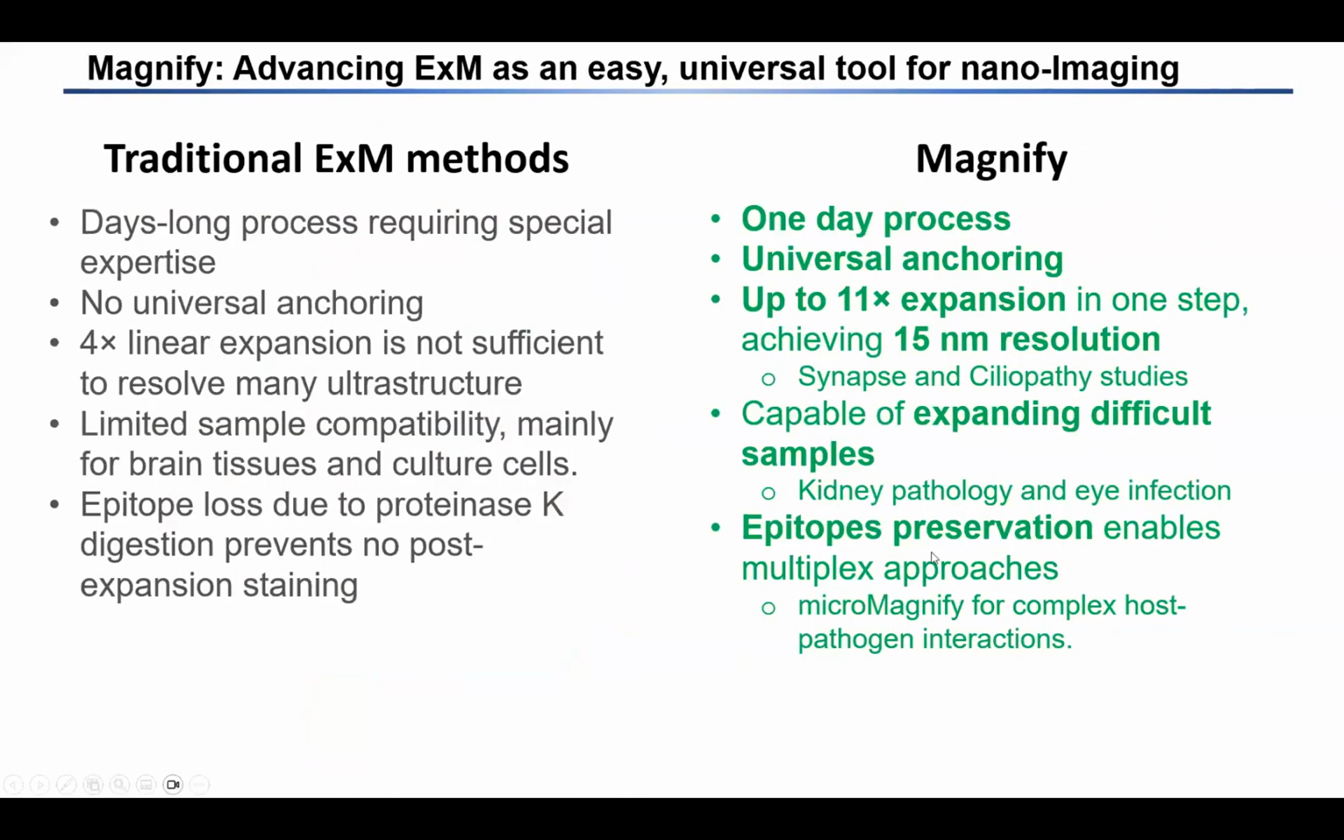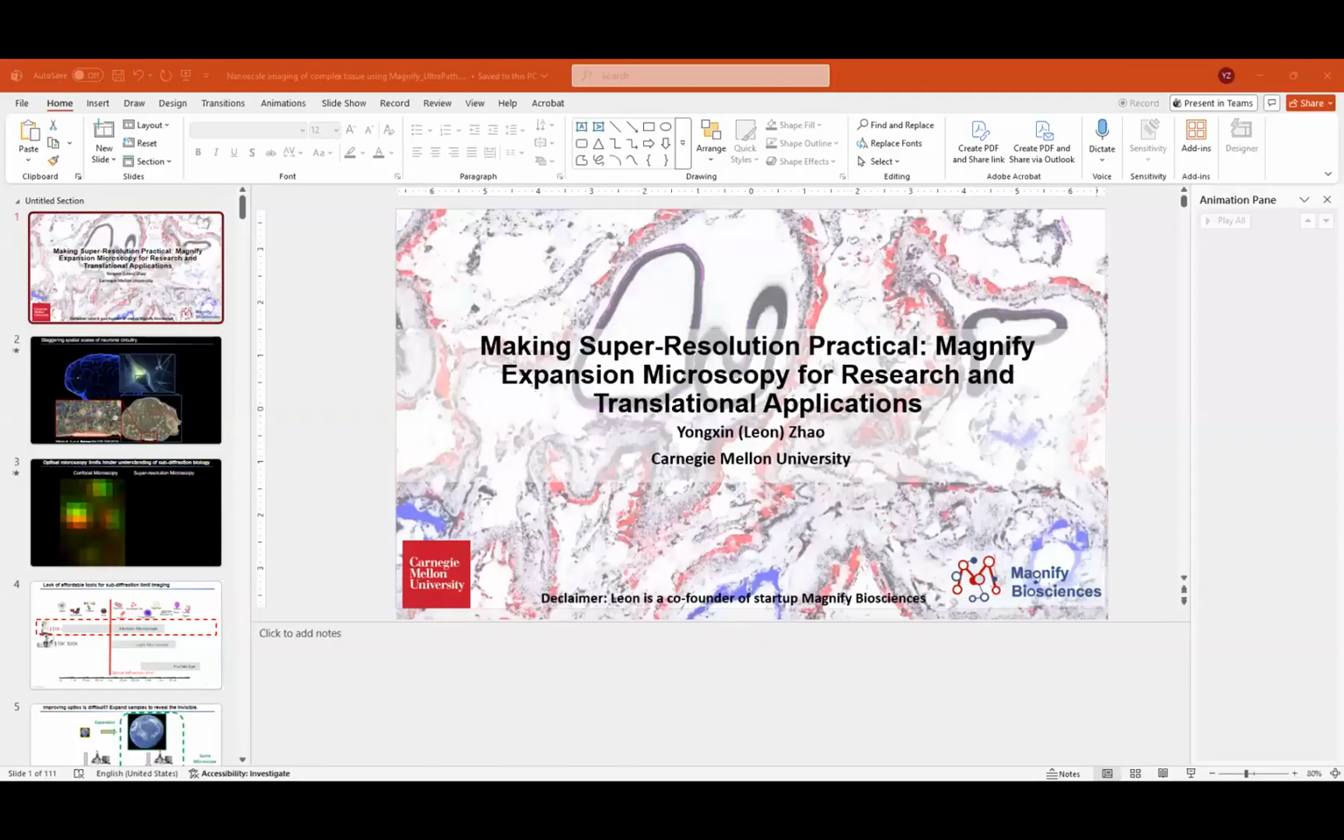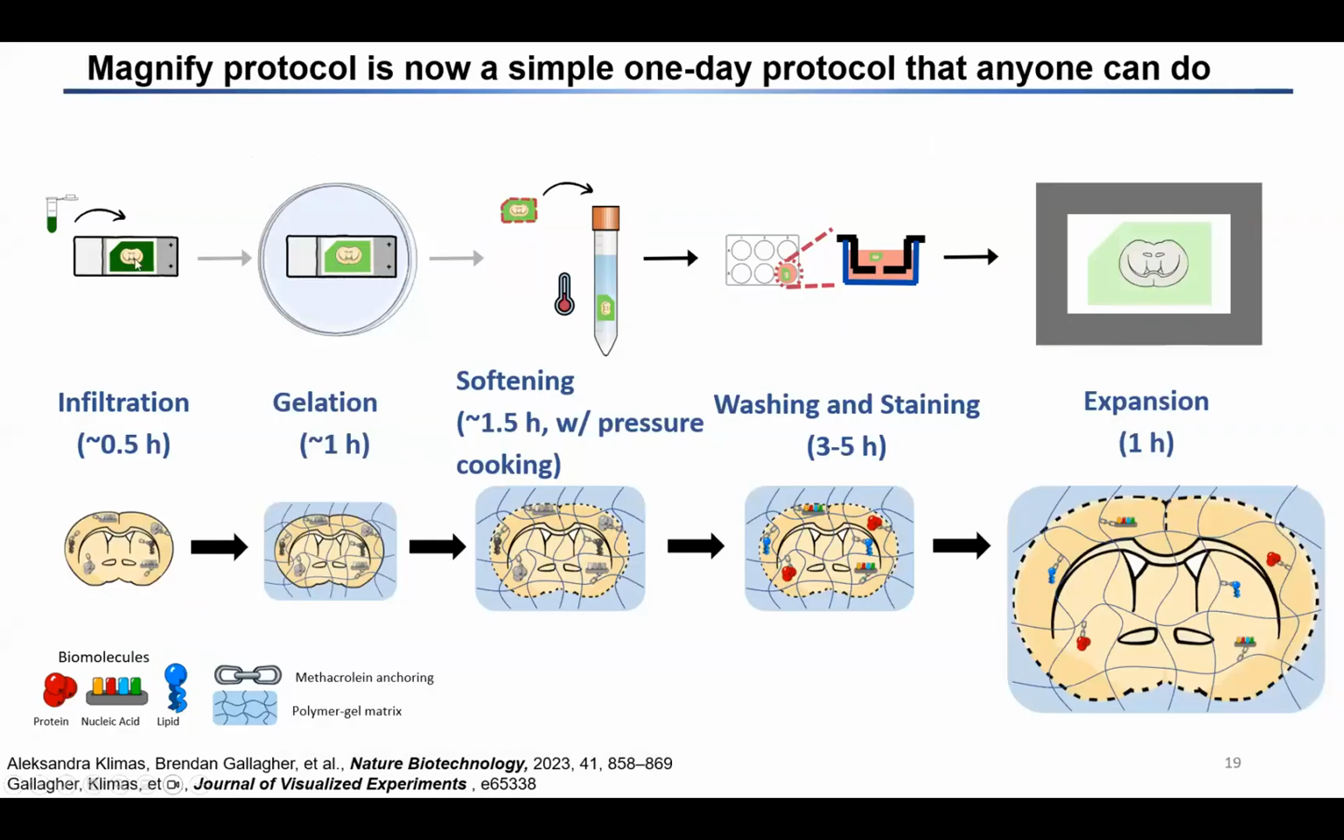So I'm going to go through quickly some of the features of Magnify. First of all, Magnify is really a one-day process compared to the several-day process of the traditional methods. And it's very simple. For example, you have a tissue, you place that on the glass slide, you submerge it with the gelling solution. The anchoring and the gelling will finish at the same time. So after 1 hour of gelation, you get the gel, and then you cut it out and place it in the tube